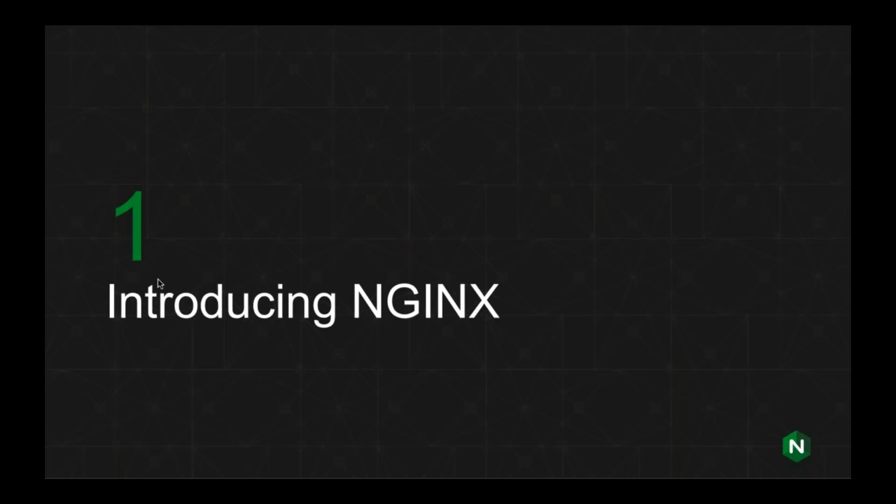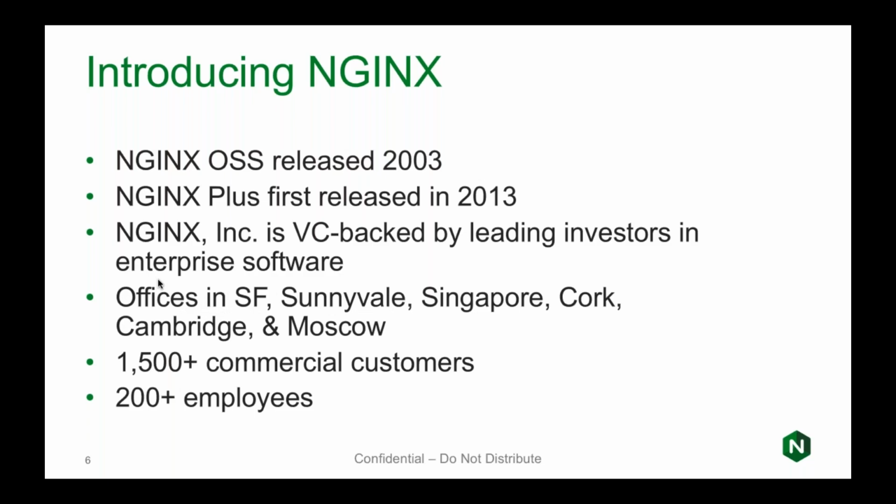So introducing NGINX. NGINX is a company. NGINX is an open source project, which is used on millions of computers worldwide. And NGINX Plus is the commercial version of our open source software. The open source software was first released in 2003, and it solved the C10K problem, more than 10,000 simultaneous connections on a single computer. The commercial version, NGINX Plus, was released 10 years later in 2013,